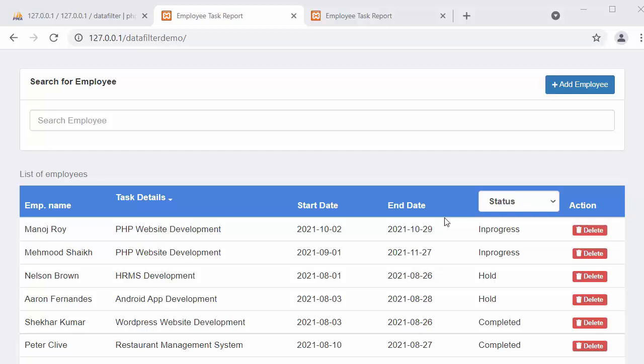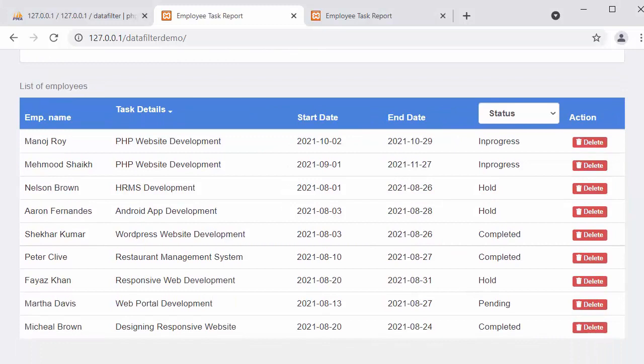PHP, MySQL database, AJAX and Bootstrap framework. In this series we will discuss developing a simple multi-search and multiple filter application. Here you can see I have already developed this application, where at the bottom you will see a